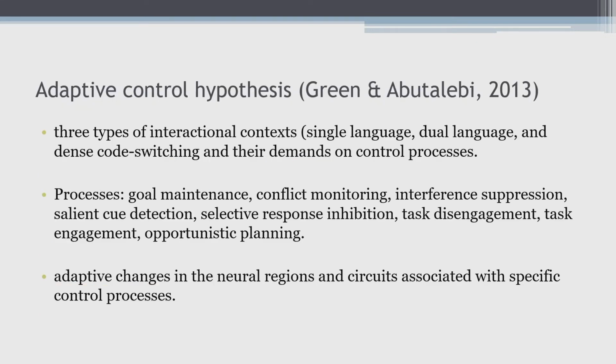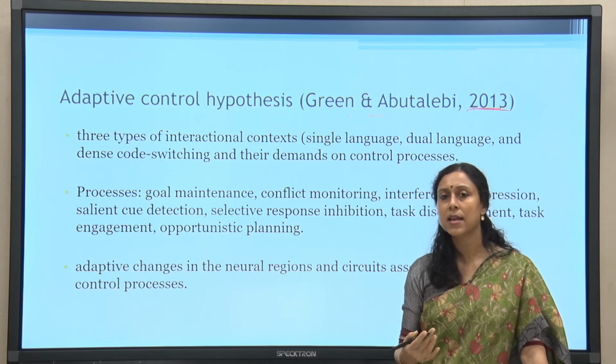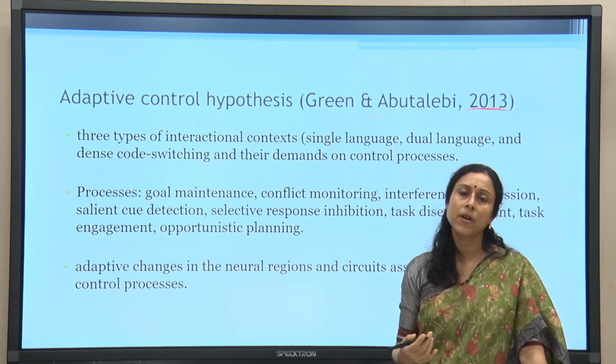Now, this kind of findings and many other similar kinds of findings have now been taken a step further, and one of the very important and influential hypotheses in this domain is the adaptive control hypothesis of Green and Abutalebi in a famous paper in 2013. They have talked about how the kind of bilingualism that you practice may have different kinds of